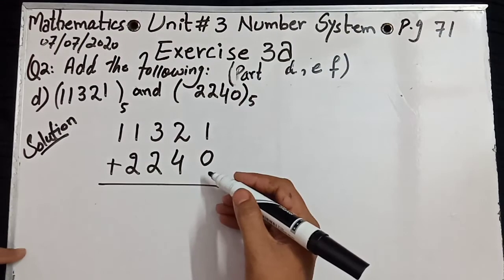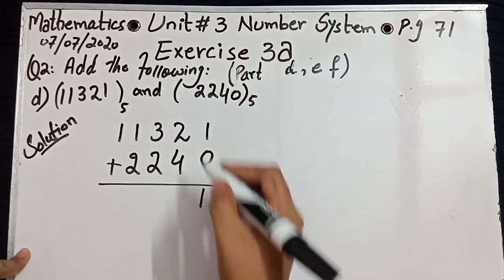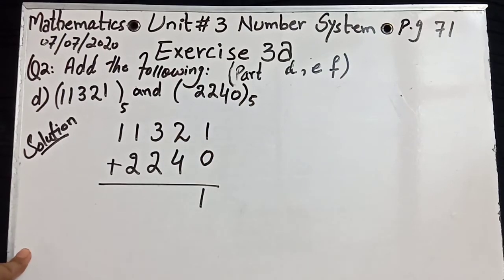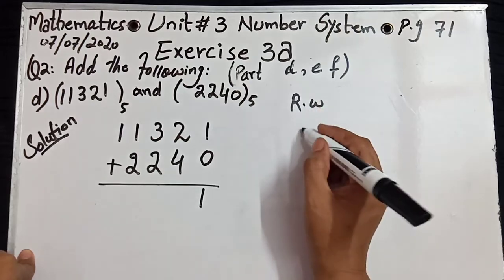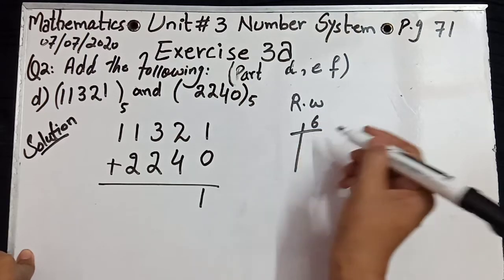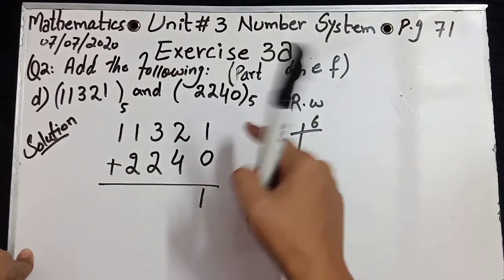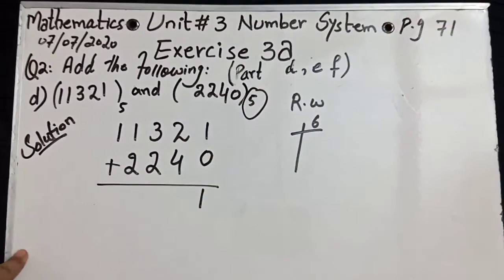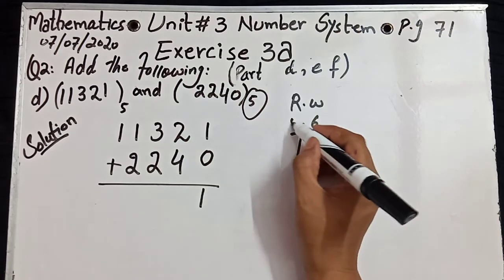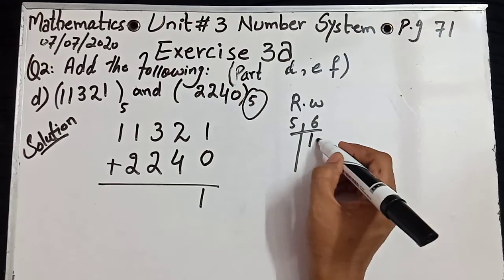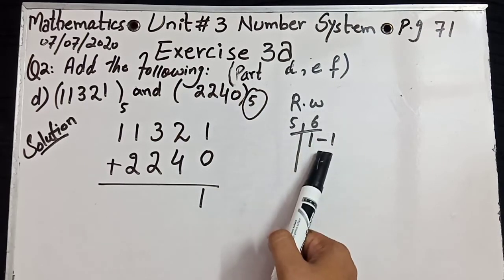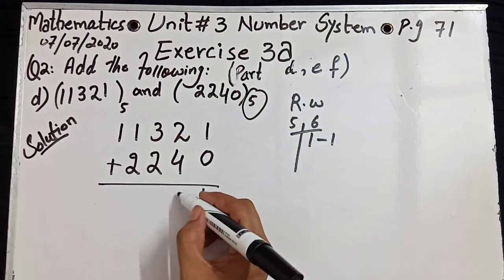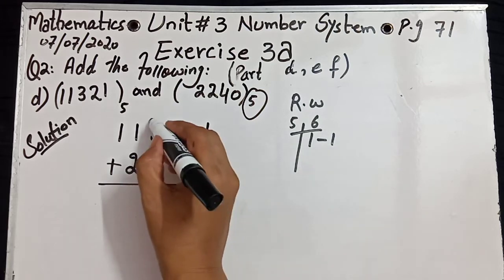So 1 plus 0 is equal to 1. 2 plus 4, simple addition, 6. Clear? In simple addition, 4 plus 2 is equal to 6. Okay, now 6 convert into the base 5 system. Base 5 is given, so we convert into base 5. 5 ones are 5, 1 is left. It means in base 5 system 6 is equal to 11. 1 carry.